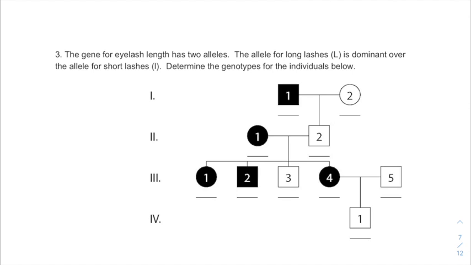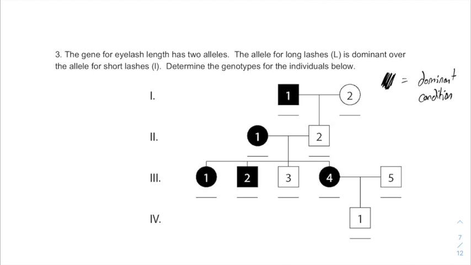Let's look at this one and consider carefully here. Let's see if we could make the assumption, let's say that they are tracking long lashes this time. So in this case, they're going to track the long lashes. And what would that do to this? So what if the square here equals the dominant condition? And when you don't know,